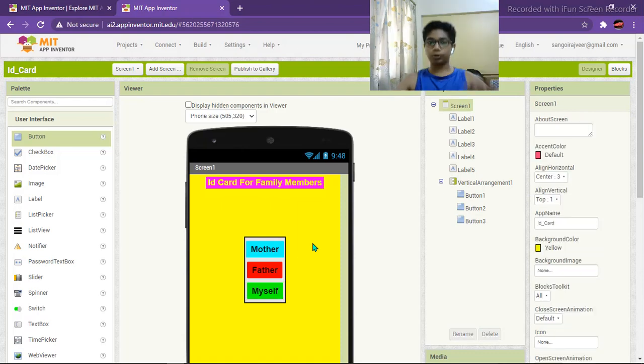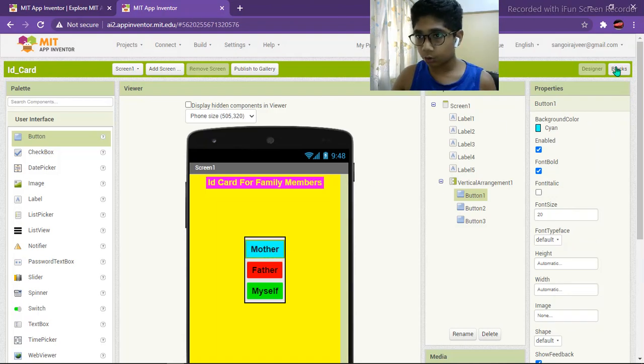And now what we need to do is, whenever the mother button is clicked, we need to open another screen, any screen like screen 2, because of which we can see the information of mother. So we need to code for this.